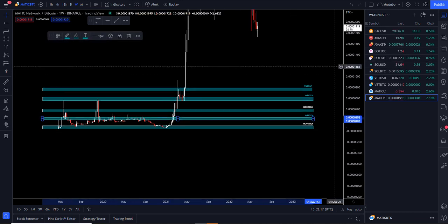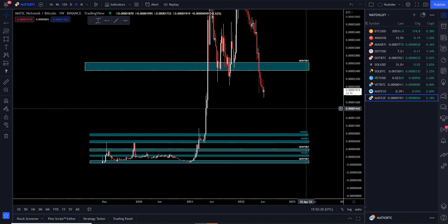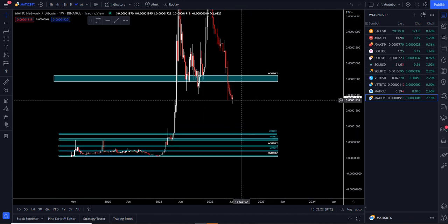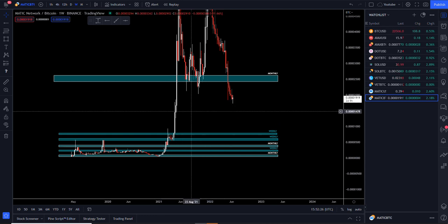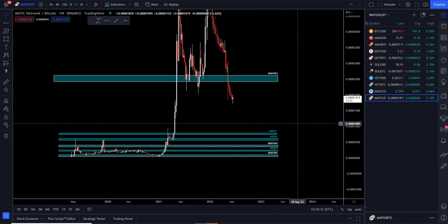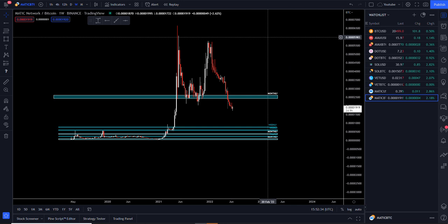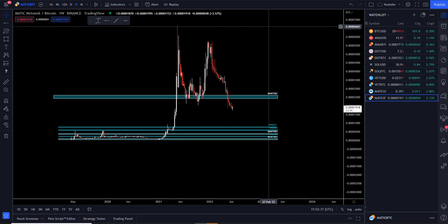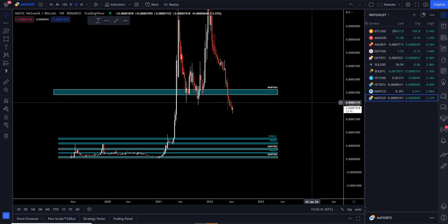And there we go. If we zoom out, we can see how tiny those levels are going to be. But as I say, guys, we're on a weekly time frame here. There is nothing to suggest that we're going to stop here. We could go all the way back down to sub 1,000 sats, which is pretty crazy considering we were up at 6,000 at the blow off top. So yeah, it could be a long way down for Matic, both in the